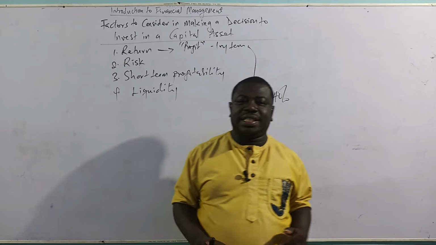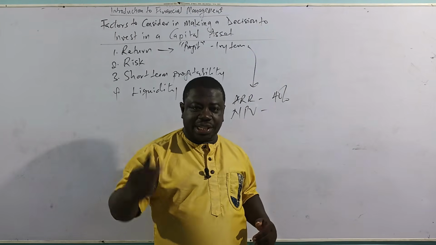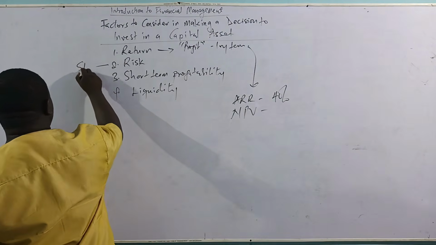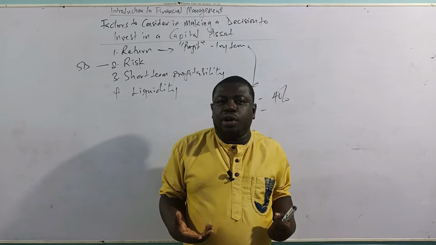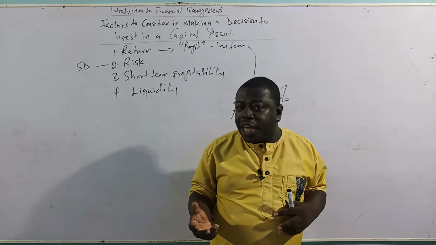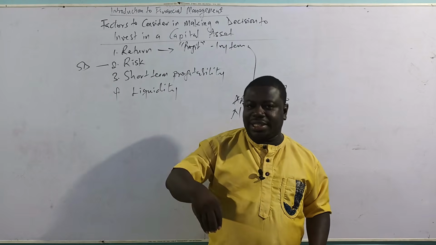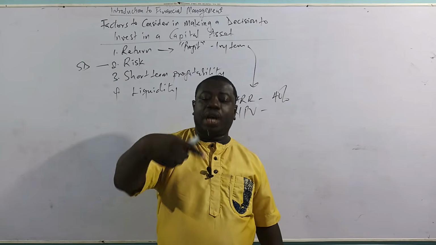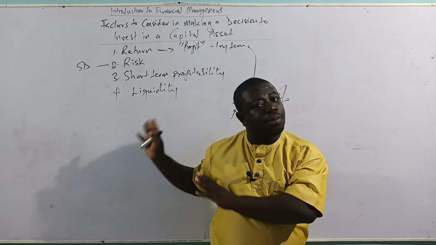Now, risk is not just a feeling that it will be changing, because risk can be measured quantitatively using the standard deviation. So the risk I'm talking about here is not something that you feel may occur or may not occur. It's not about feelings. It is actually a quantitative measure. It is the chance that is measured quantitatively through something that we call standard deviation, which we are going to look at under the topic of risk and return. So we'll look at it. We are going to treat risk and return as a topic on its own.